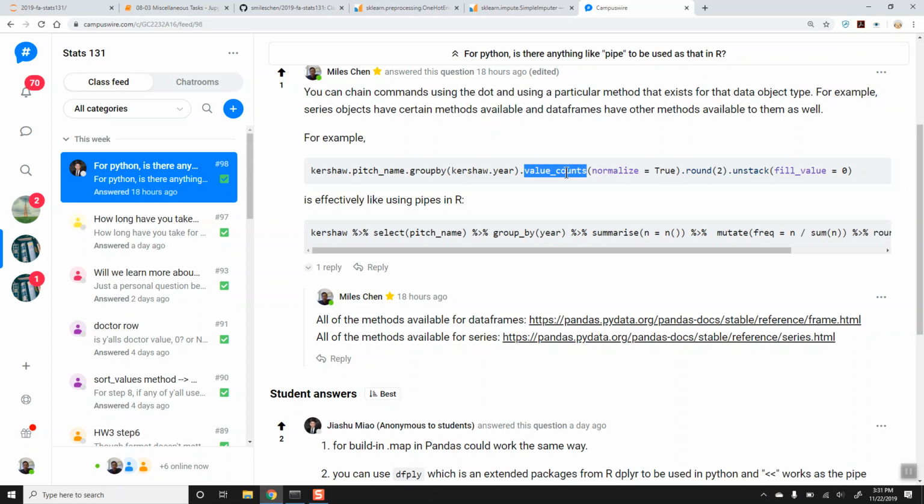The result of this, value counts, is another series. It's basically, for each year, a multi-index series, and then I can apply the method round, okay? And so it will round that series and produce another series. And then I can unstack that series, and the result of this will be a data frame, okay? And when you unstack, you have options like fill value equals 0, right? So this operation,